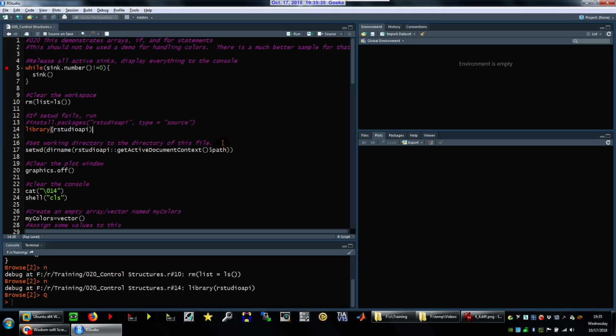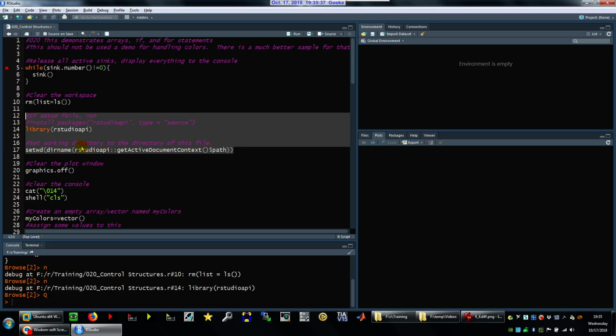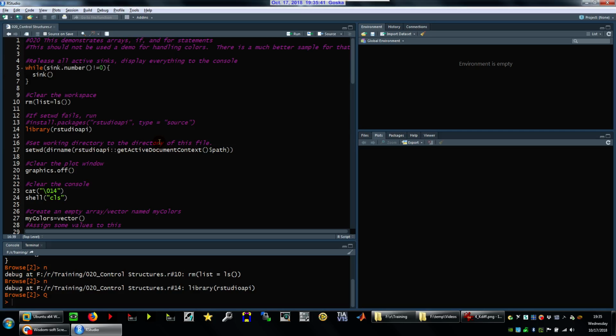One of the things that R does, we're going to look at this next pair of things, next two things as a pair, is that R always likes to work out of what's called a working directory. Now, again, from the concept of you're going to be working on stuff over months, and you're going to have a lot of changes to things. If you keep all of your .r source files and all your data in one directory,